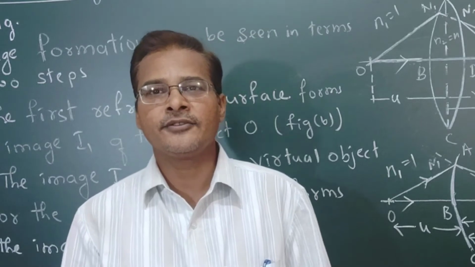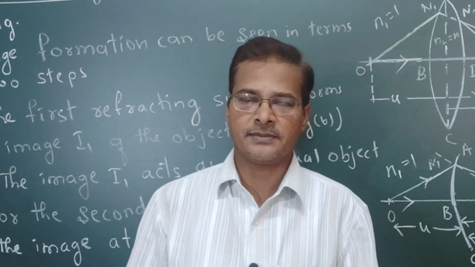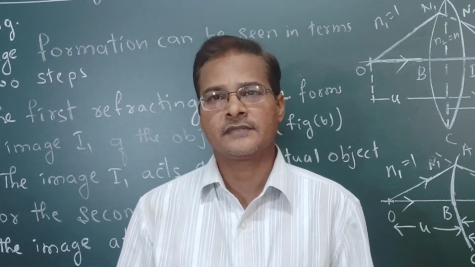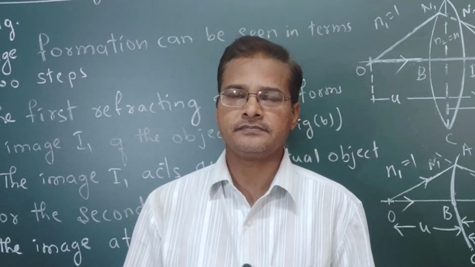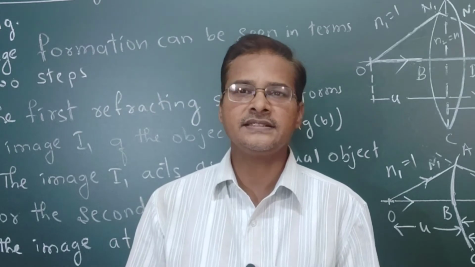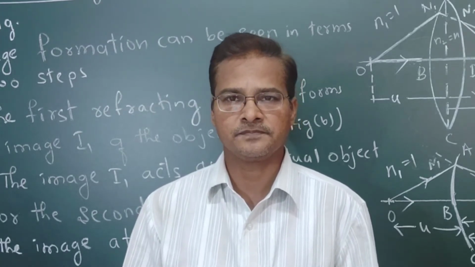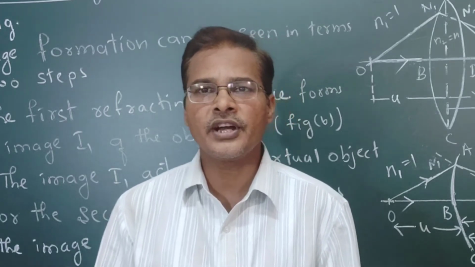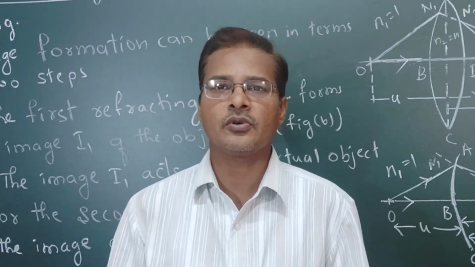So today I am going to explain one important concept in the PUC second year syllabus. That is what we call the lens maker formula, also known as refraction by a lens. What is a lens? A lens is a transparent material. It is made of glass or any other material. It must be bounded by surfaces, at least one of which is curved or spherical. That we call a lens.